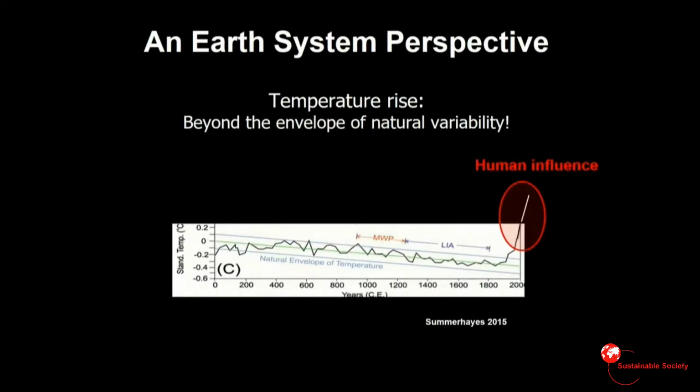So we can see that the human influence on the climate has pushed the temperature way outside the boundaries of the last 2,000 years. And you can see that the rate at which it's rising is extraordinary from a long-term perspective. And this, of course, is why we're seeing all these impacts, why we're seeing bleaching of the Great Barrier Reef and other coral reefs, why we're seeing an increase in fires, why we're seeing an increase in coastal flooding from rising sea levels, more heat. All of this is outside the norm, outside the normal variability of the climate over the last 2,000 years, and indeed over the last 12,000 years. So if we go to the next slide,